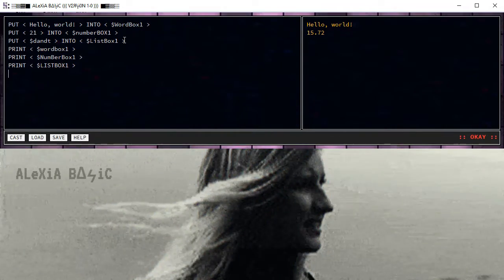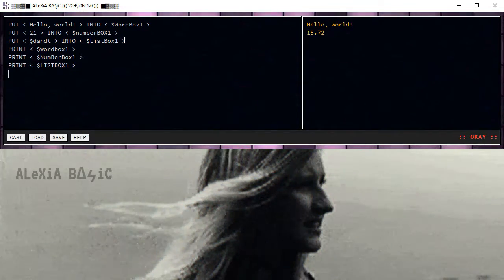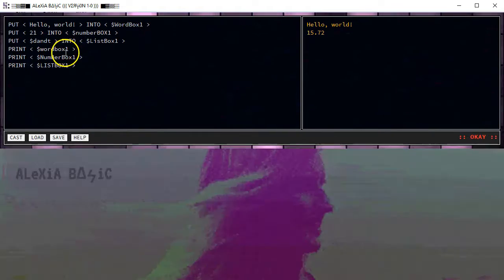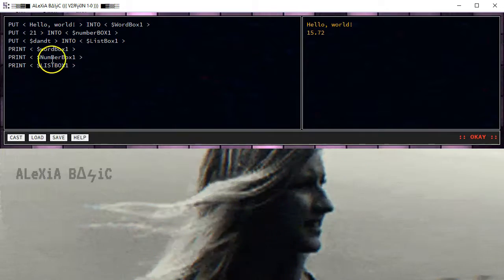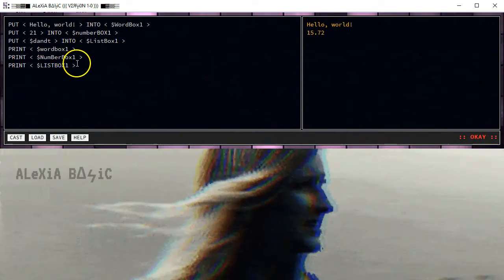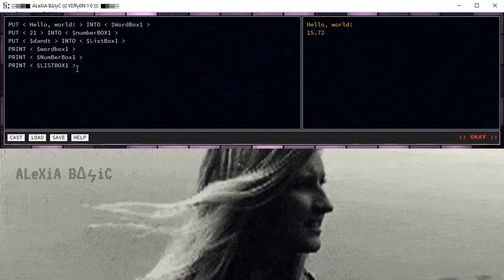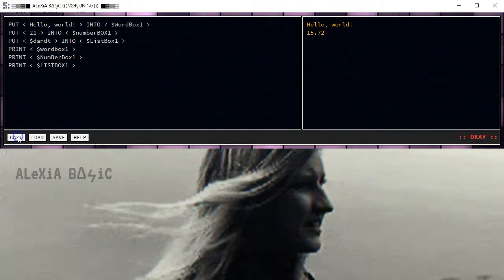Now, another thing to keep in mind is that a complete description of all of the user input variables can be found at the Alexia BASIC website under the instructions link. Now, when we use the print command, as you can see, there's no case sensitivity whatsoever when we type in word box 1, number box 1, and finally list box 1. So let's go ahead and click on the cast button,